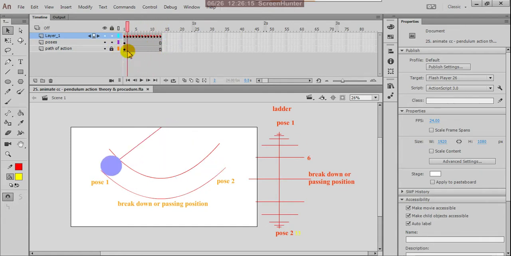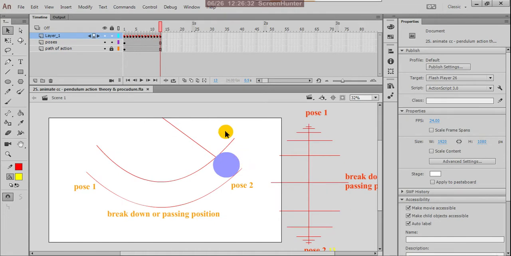So to get the same action, you have to complete the remaining half cycle. For that, since the poses for one side of the pendulum are already there, I am copying them in reverse mode.